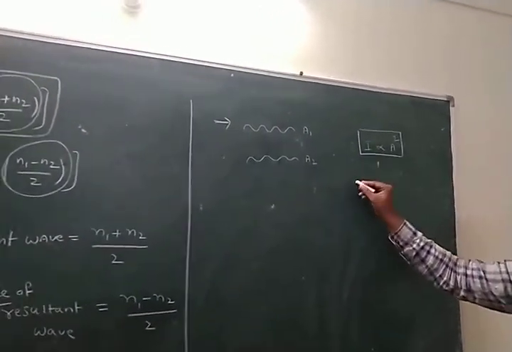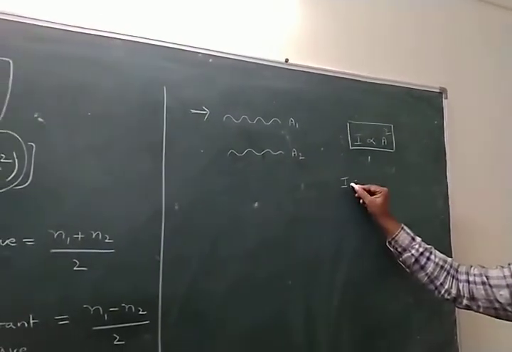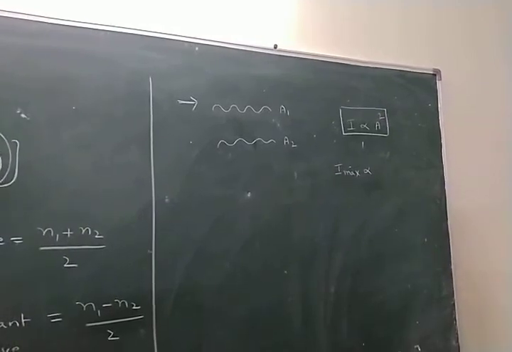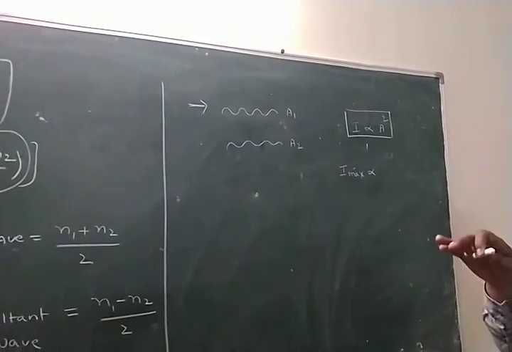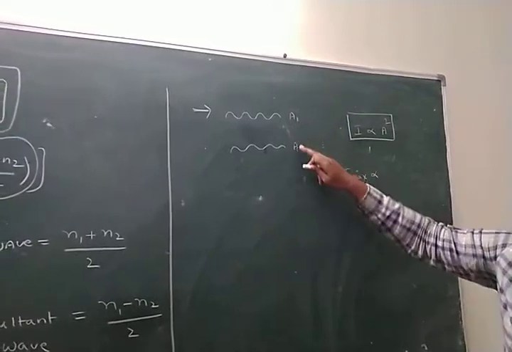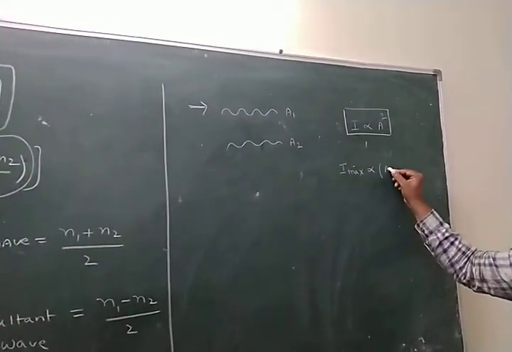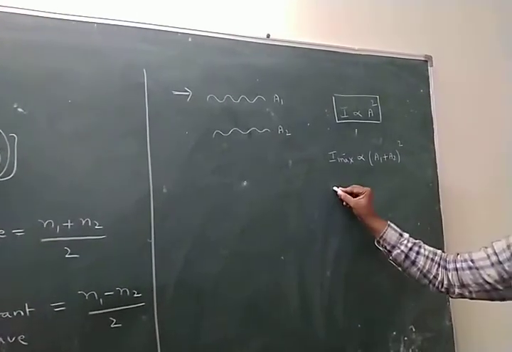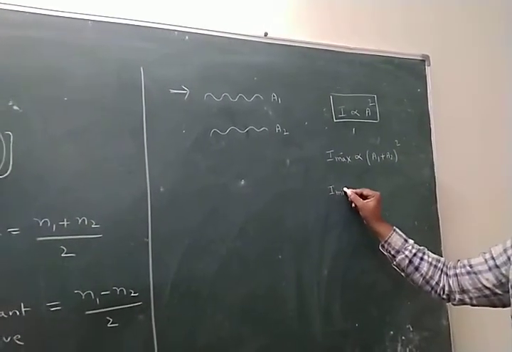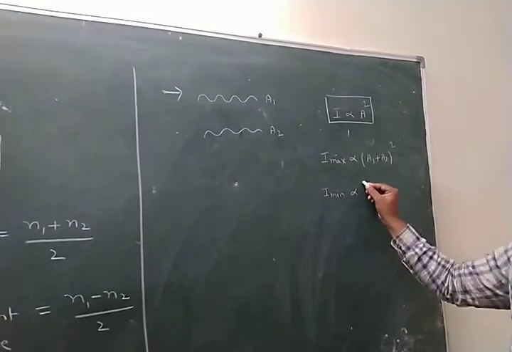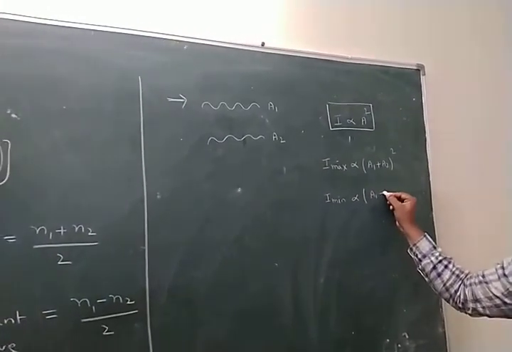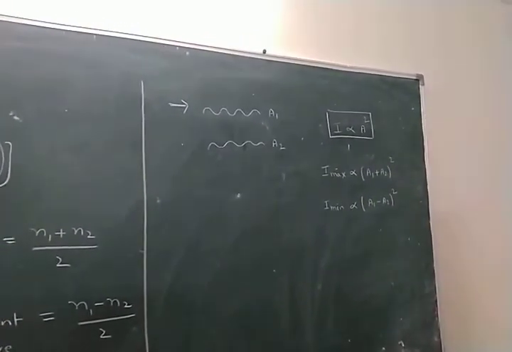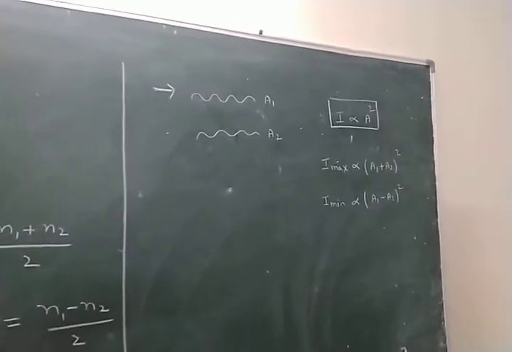Here nana, for example, I discuss maximum intensity nana. Look here nana, maximum intensity means both the waves are added, A1 plus A2. Write it neatly: A1 plus A2 whole square. And again, what is the minimum intensity? Minimum intensity means A1 minus A2 whole square, because minimum means both the waves superimpose in opposite phase.